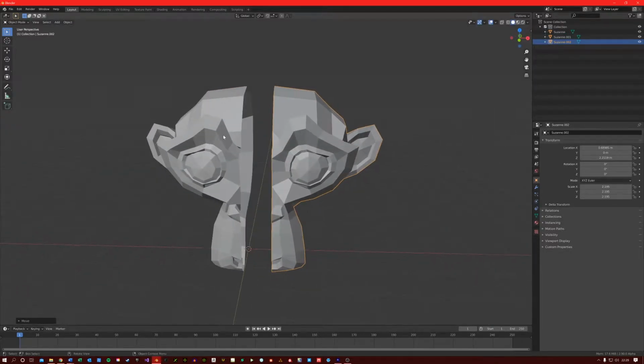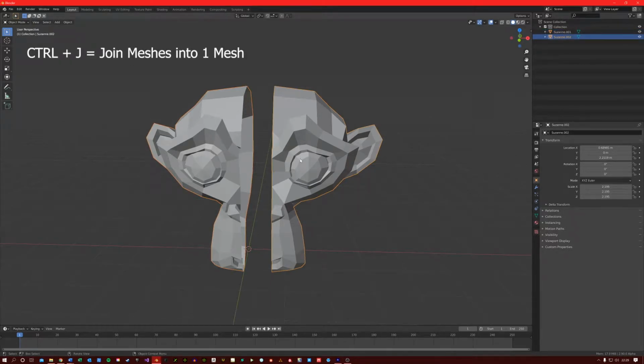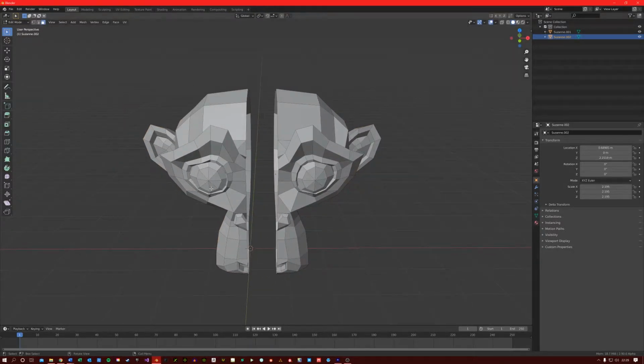Now I'm going to select both of these meshes and then hold down Control and then J to join the meshes again. I now want to select this part of the mesh. I could do the same thing as before and go into wireframe mode and then orthographic view and select this